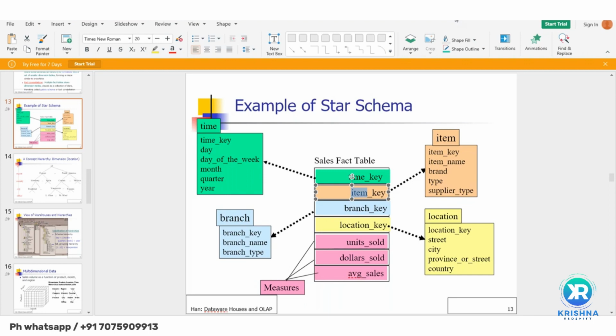Both Prasad and Somnath? Yes, sir. Yes, sir. So that is the reason